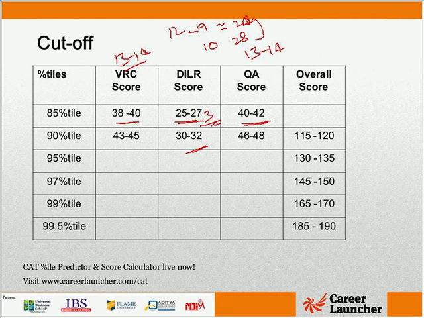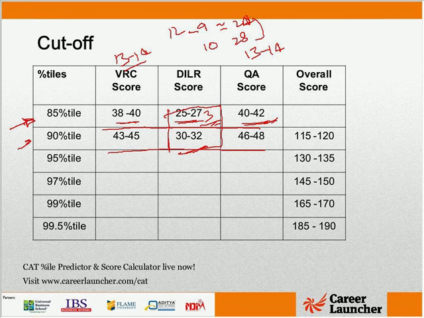Okay, so the cutoff obviously could go up or down by a couple of marks here or there, but by and large, if you have done 3 sets of data with good accuracy, you have a good chance of clearing the cutoff. And Quant similarly, 40 to 42. The more important thing is that some institutes, depending upon the category, will have a cutoff of 85 percentile, some will have a 90 percentile. Most of the time it is 85 percentile, which is the cutoff for IIMs.